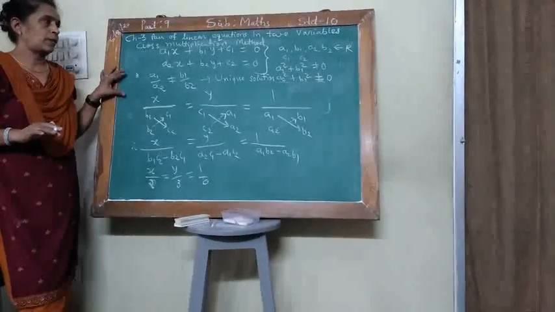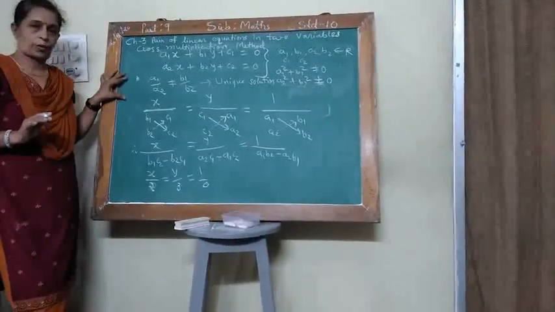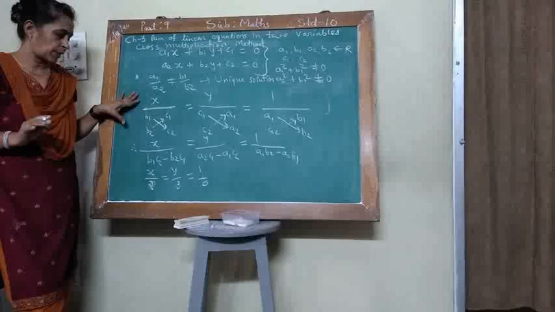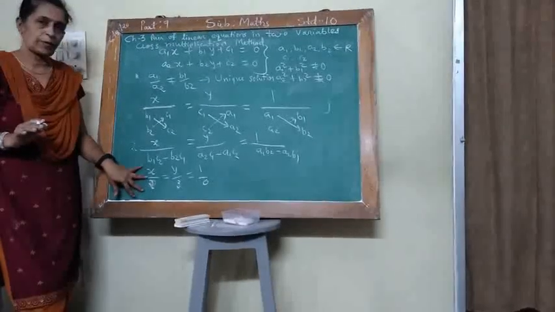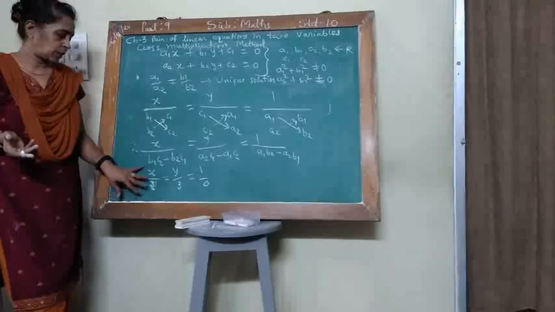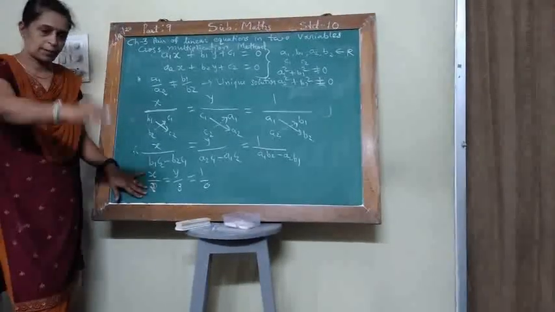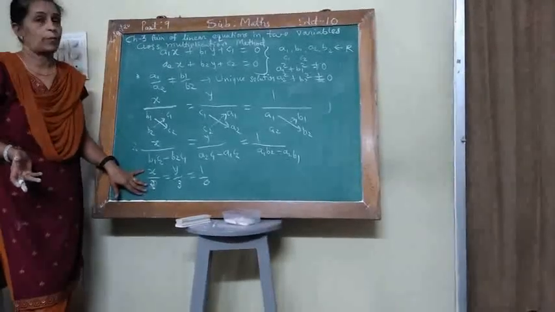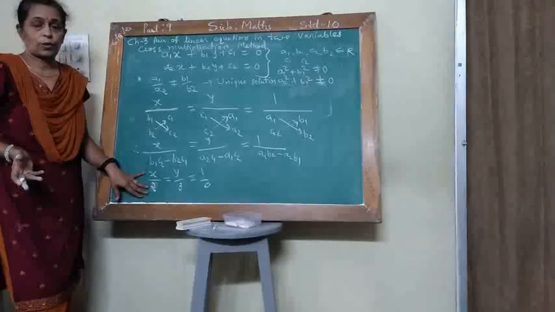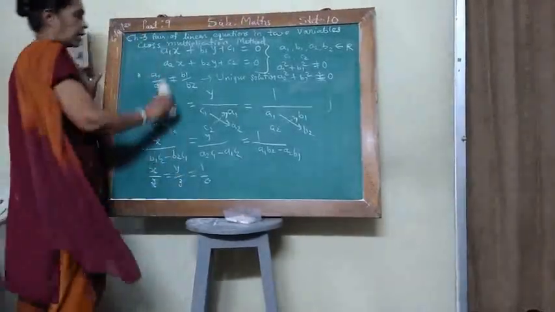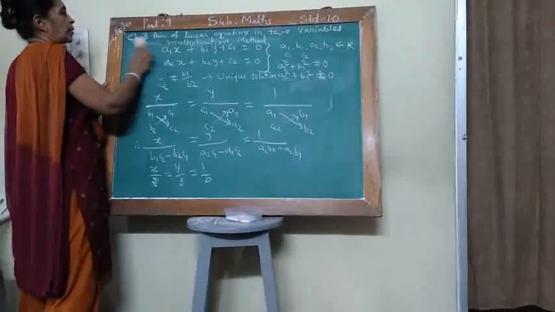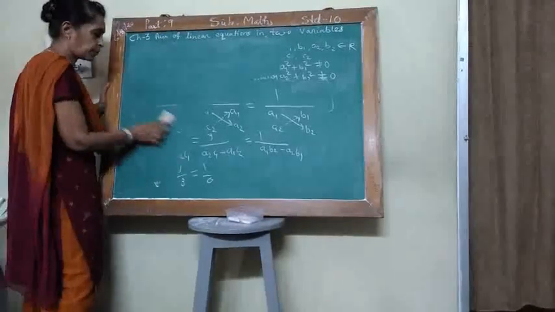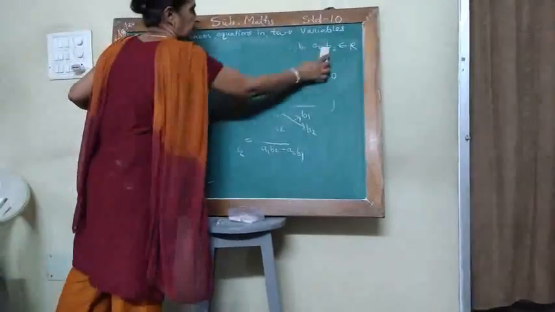So this method is only applicable for a unique solution. Clear? When there is a unique solution, then you apply this method, otherwise you obtain this type of result, and you have to write in a statement that no solution exists. Don't write x equal to 2 upon 0. It is not defined. Denominator must not be equal to 0. So be careful. So this way I have explained the cross multiplication method, and now I take one example of exercise 3.5 so that you can understand very well.